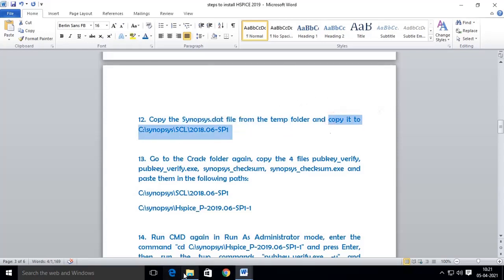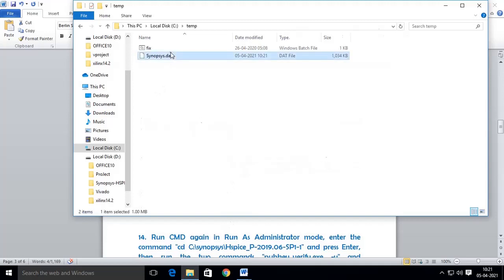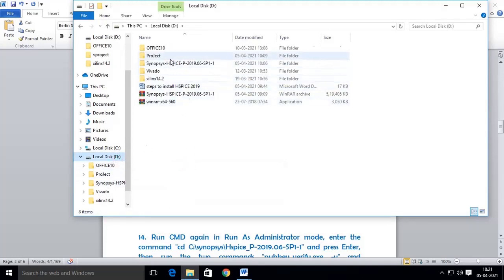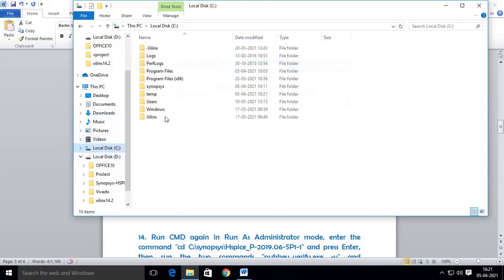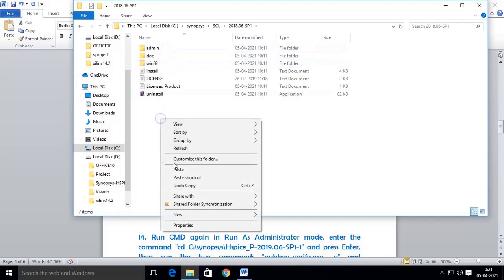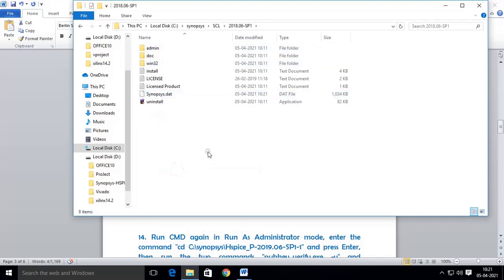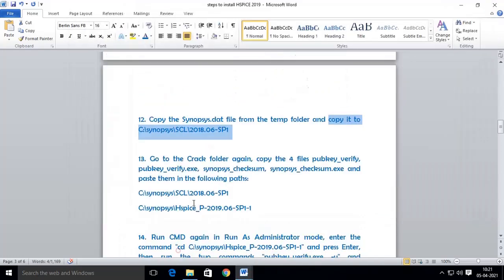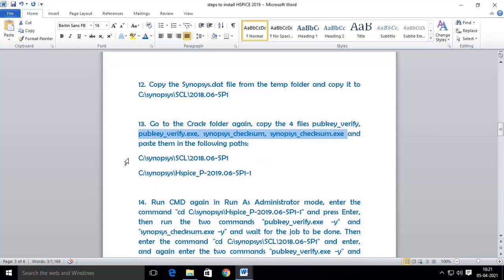Now copy that Synopsys dot file from the temp folder to the SCL 2018 folder. Paste the file here. Then open the crack folder again and copy the four files: pubkey_verify and pubkey_verify.exe, synopsys checksum and synopsys checksum execution file.